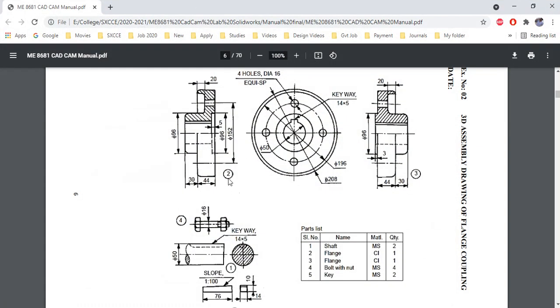So this is the second part. Here it's the female part. In this we are having a 96 mm diameter circle and here we are having a 5 mm cut, whereas here this 96 mm circle has a 3 mm extrusion. This is the male part. Now I am going to draw the female part.